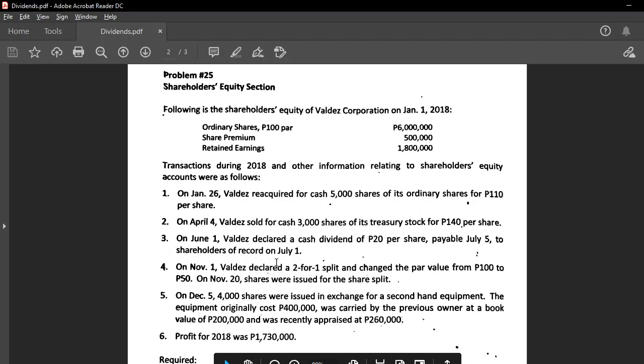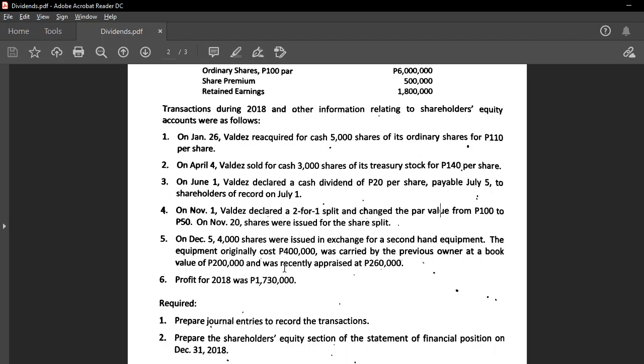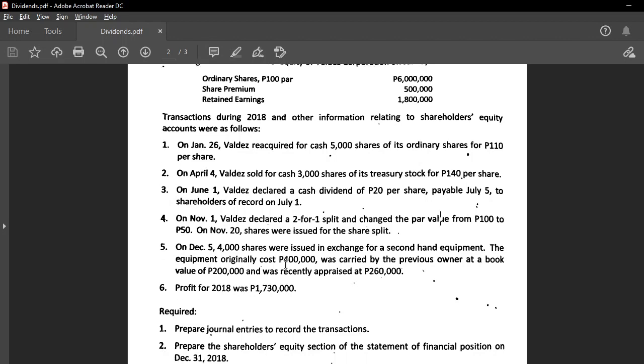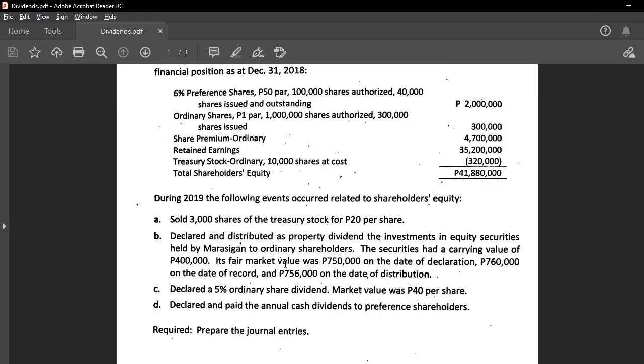Accounting for corporations' share splits. So in this problem, we are going to tackle the same theories. We have issuance of shares. We also have dividends. But what's unique in this problem is that we are going to encounter share splits. So let's begin. We are required to prepare journal entries and to prepare the SHE section as of December 31,